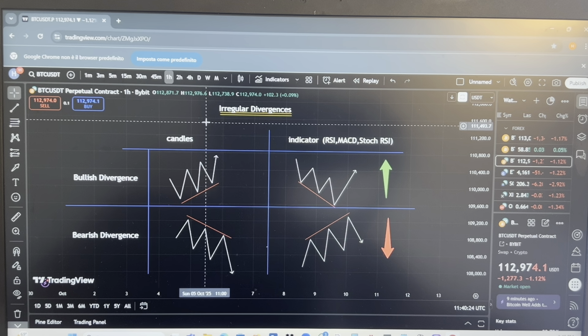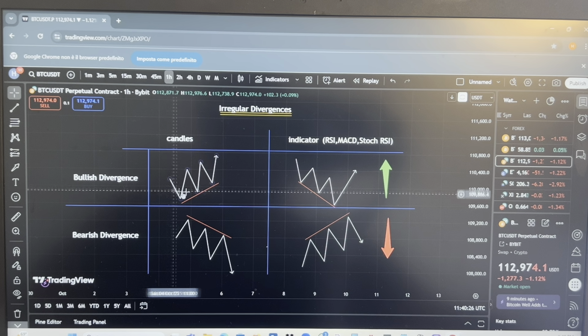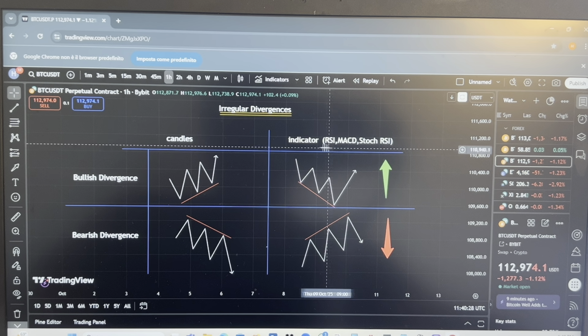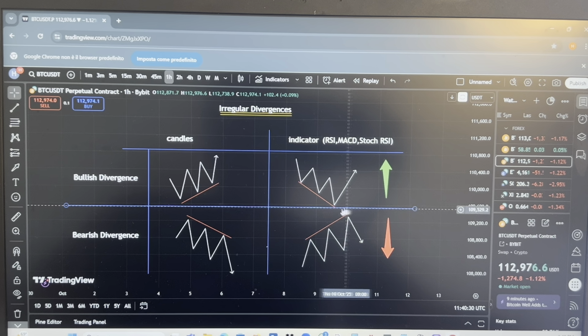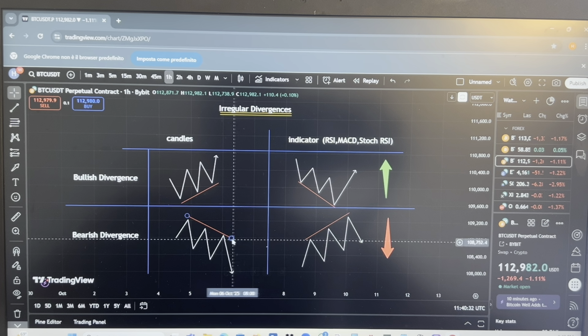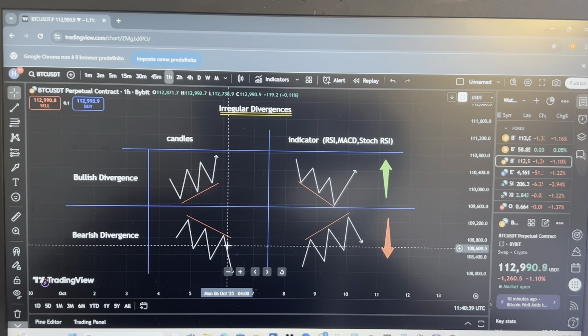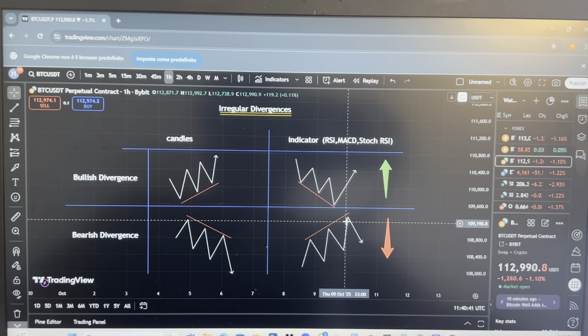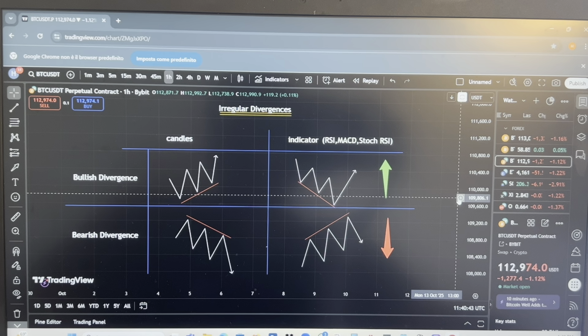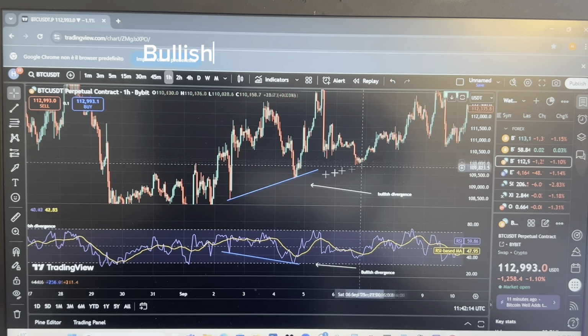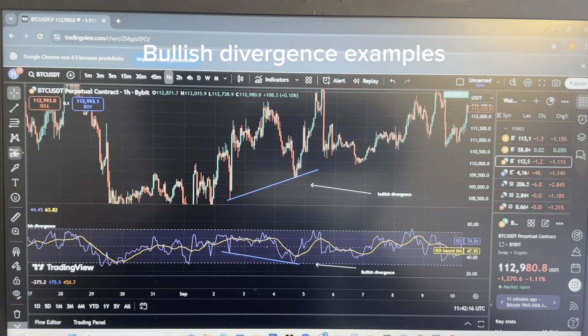This is irregular divergence because this signal given in the RSI indicator is extremely strong, because this is a good point to actually get in on a long entry, and this is actually a good point to get in on a short entry. And let me go back to the BTC chart, and as you guys can see, this is actually making